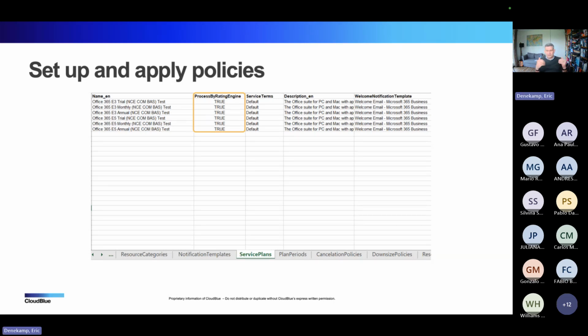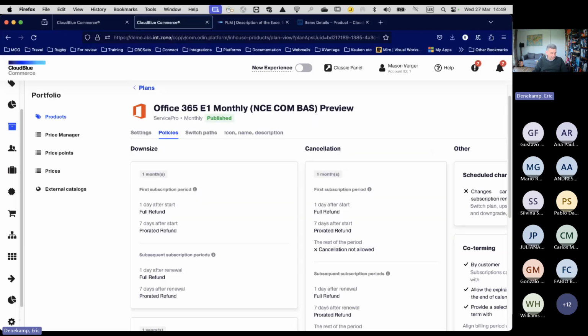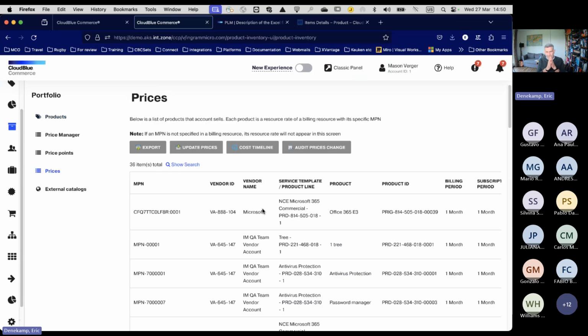After I've done this, the next step, what you need to do to get the full configuration of your objects, is you have to go to prices and export the Microsoft portfolio, add the prices there, or use a pre-existing file and import those prices back in. And after that, the prices are set.